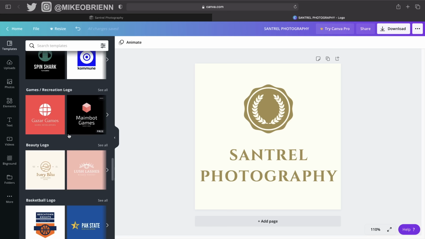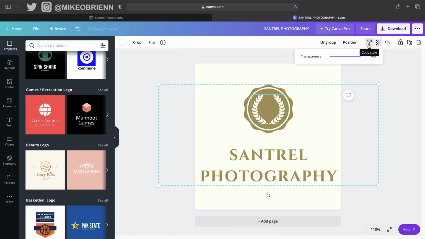And I actually have a full tutorial if you guys really want to get into using Canva. It's pretty self-explanatory. Everything on the left is going to be elements you want to add, and the top is going to be how you want to customize those elements. So for example, if I click on this here, we can actually change like transparency of it. You can copy the style of it. We can group things together, ungroup things, and just delete things in general,